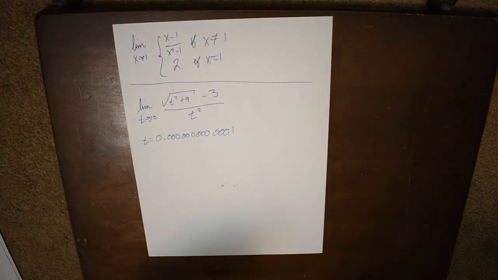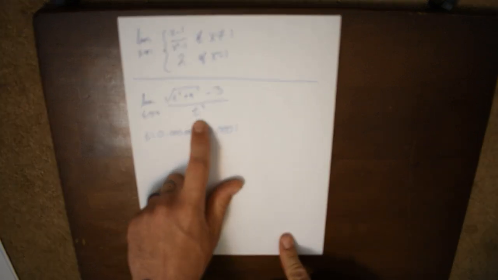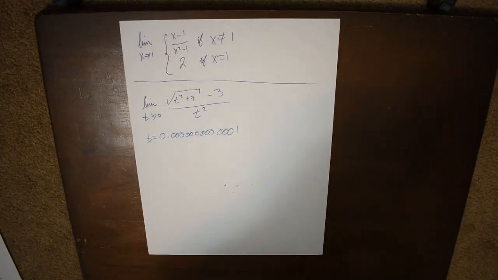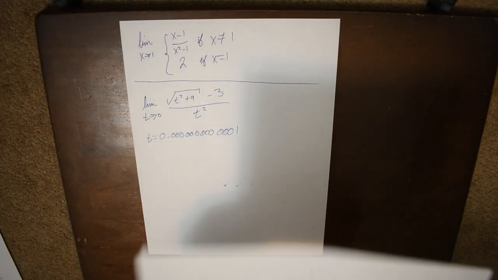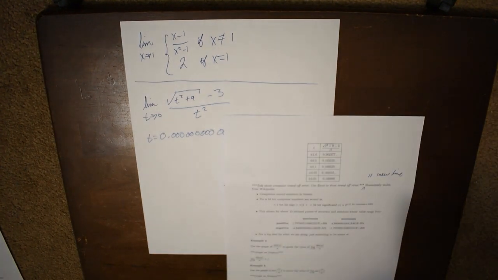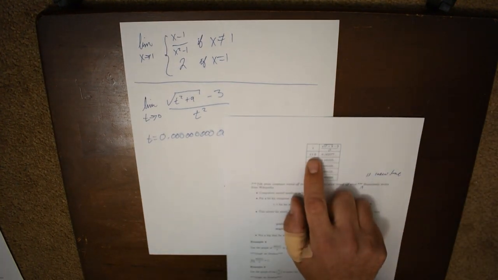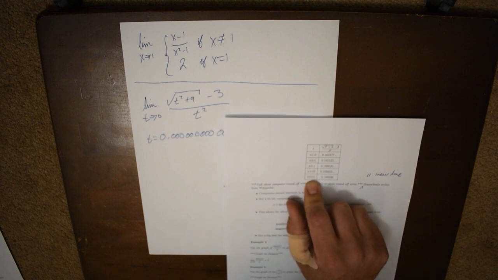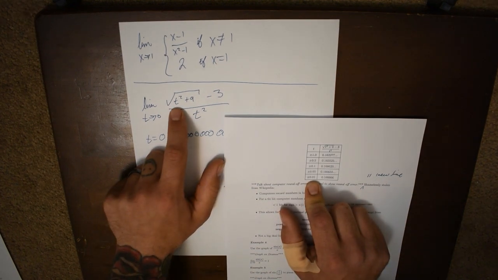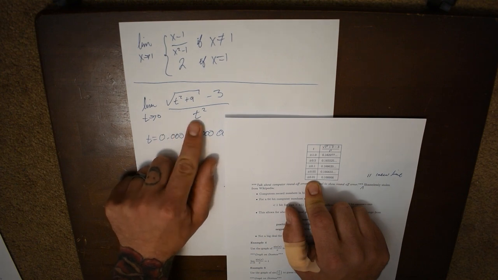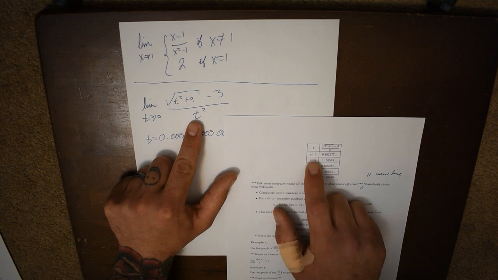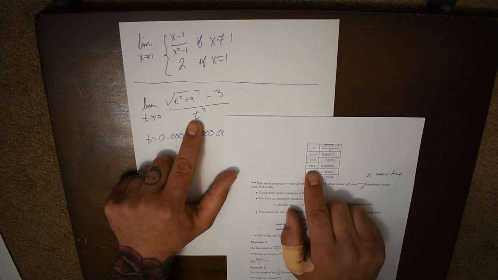Well, this example is more a warning about computers than the limit of this function. I'll say it again, and this will be the last time I show you guys a chart I am too lazy to copy down. We're letting t get closer and closer and closer to 0. Note, we're always going to square t. Doesn't matter what value t is, we're going to square it. That's why I can say plus or minus 1, plus or minus 0.5, plus or minus 0.1, plus or minus